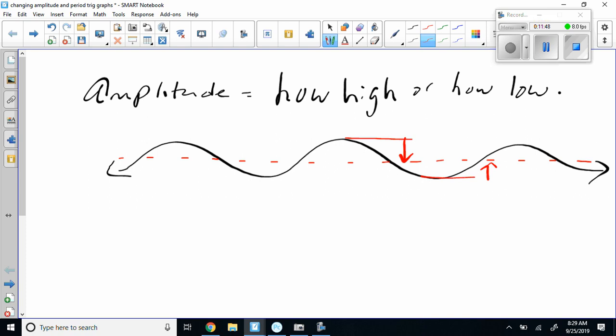Crest is up top, right? Trough is in the what? Maximum and minimum. Mountaintop and valley. Now, amplitude, listen, when you find the amplitude, for example, let's say y equals a sine